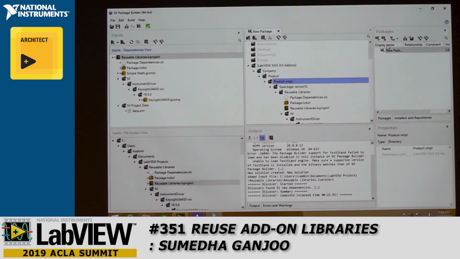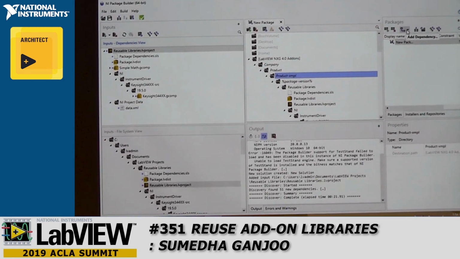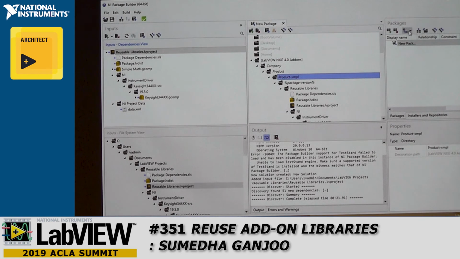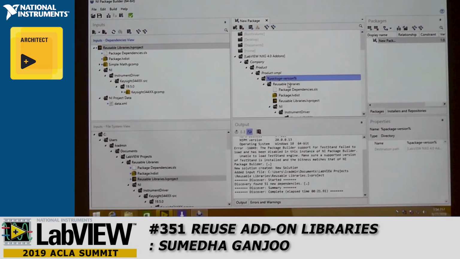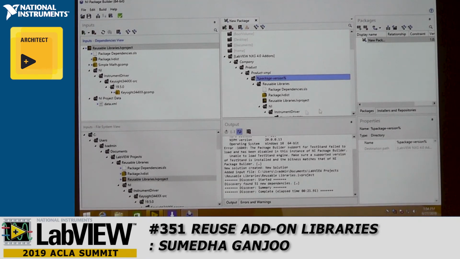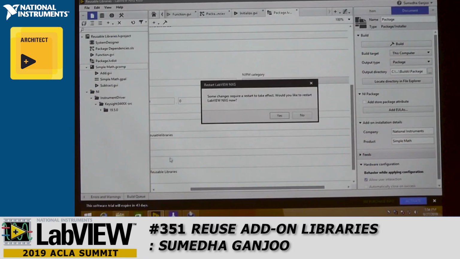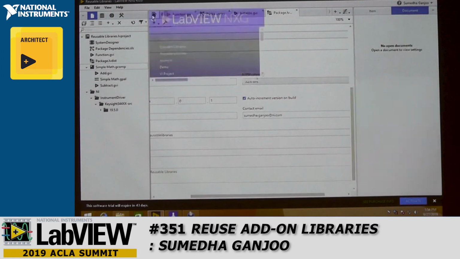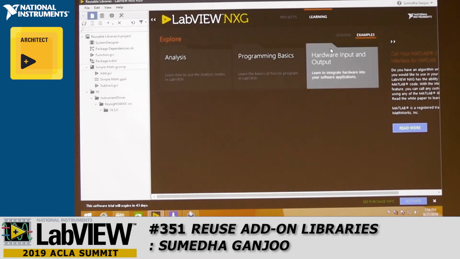You can create multiple packages and add dependencies to a package builder. All of this is available in Test Lab to test, and you can edit the version. Once you build it and install it, it will install on your machine. And eventually the purpose of that is, once you have examples and templates, you can put them here in the lobby under templates or learning under examples